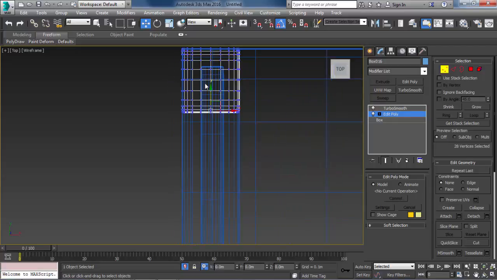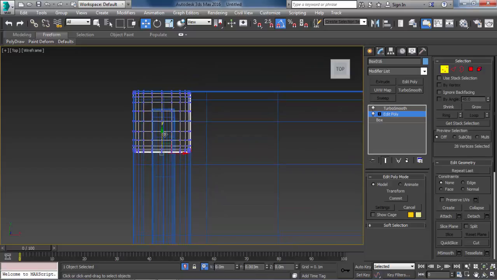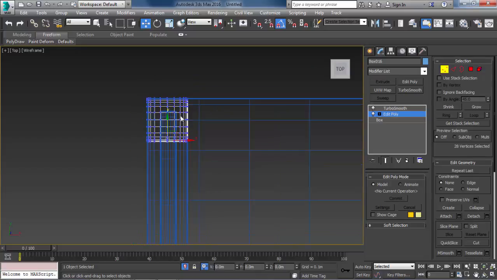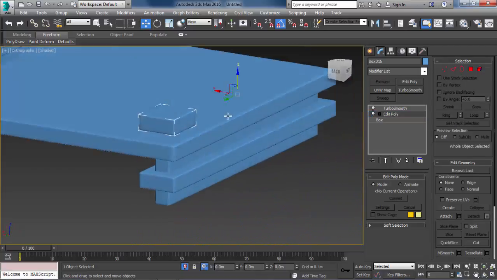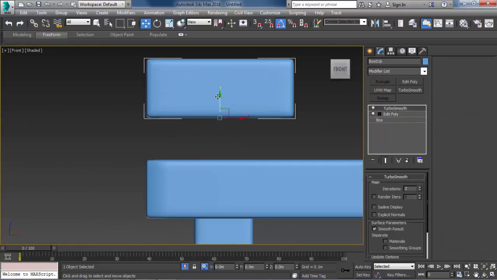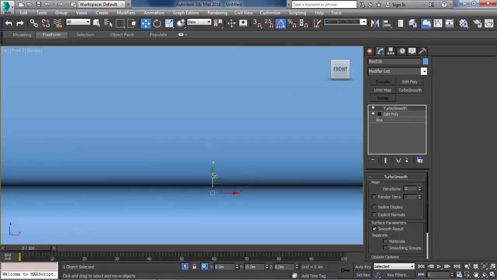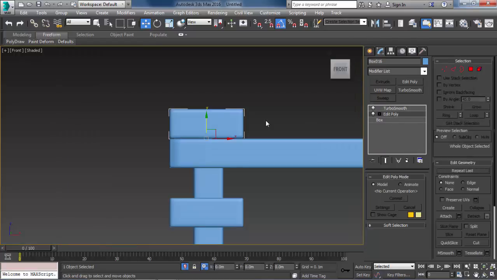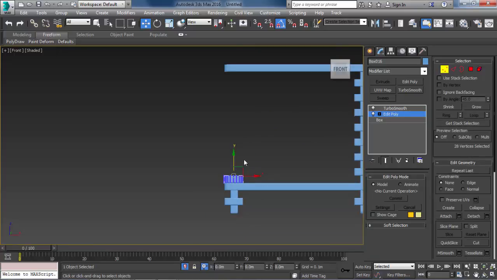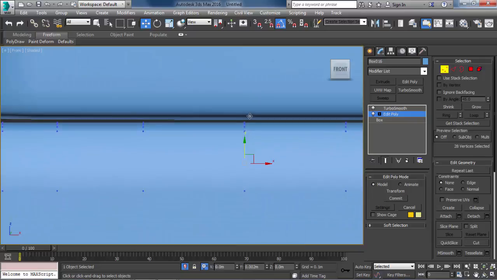Let's create a circular, sorry, squared column here. From the front view, I want it to not intersect, just touch it here. Also, just touch, do not intersect.